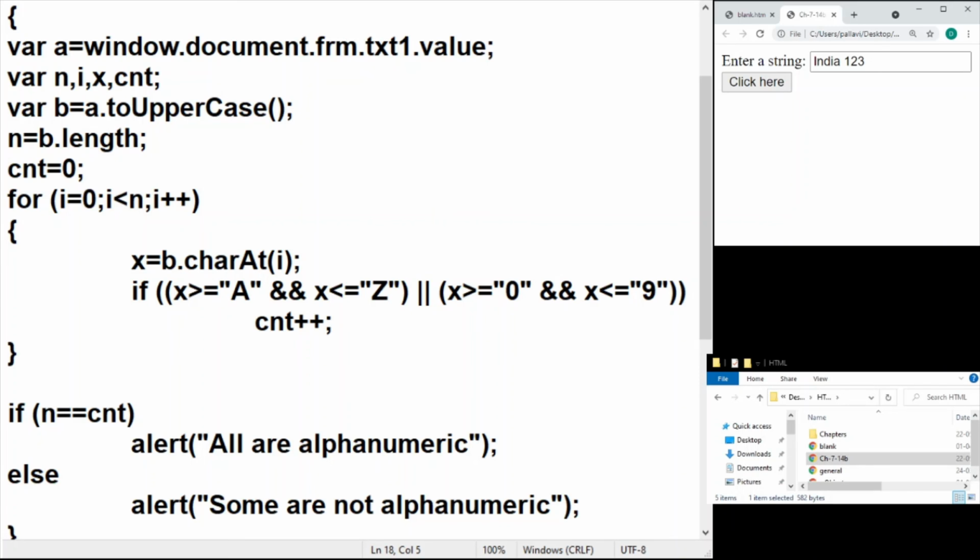Now this is a longer alternative compared to the previous definition where I created only a pattern and gave the solution. That was a 5-line code. But this is also another code if you do not know how to work with regular expressions or creating patterns. And this is a simpler code, though it is a longer code. Go ahead and try this out, and we'll catch up in the next video.